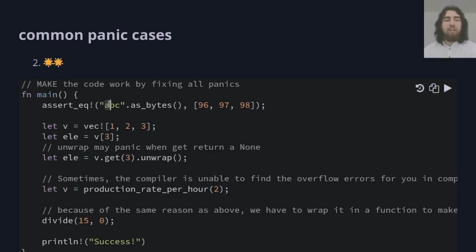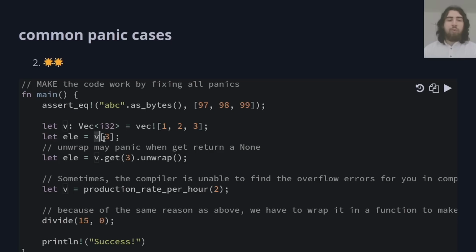Now we have seen that actually the UTF-8 representation of a would be 97, b would be 98, and c would be 99. So again, if assert_eq doesn't match, if this does evaluate to another value than this, then assert_eq will cause a panic. Over here we have a vector,